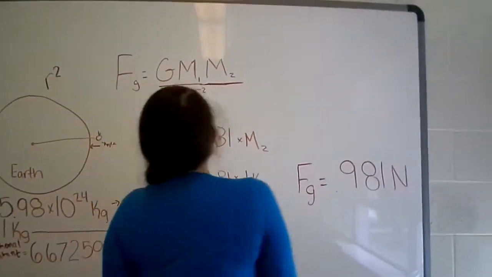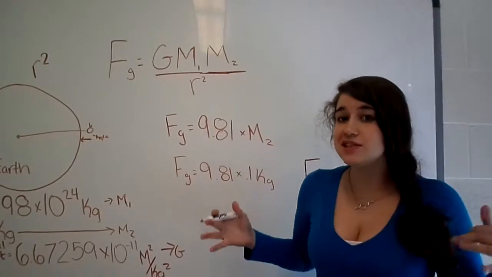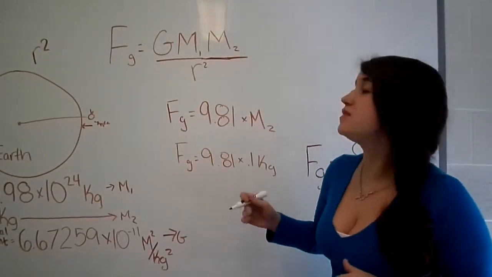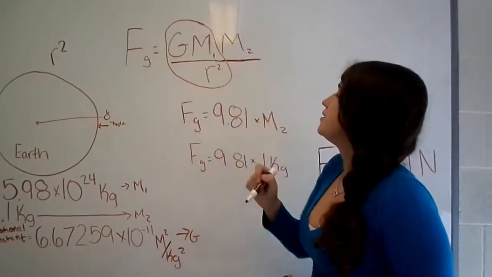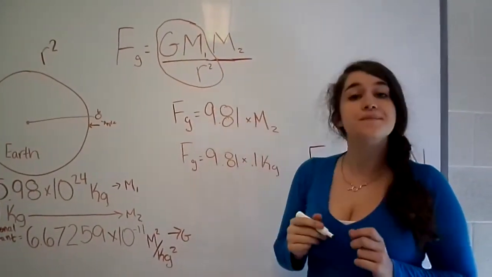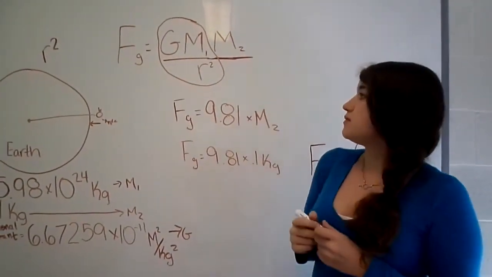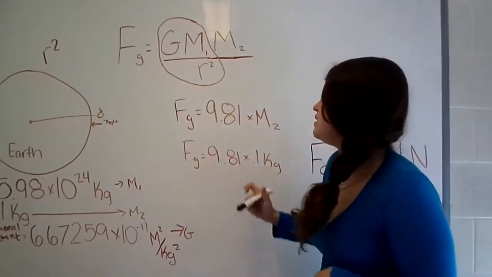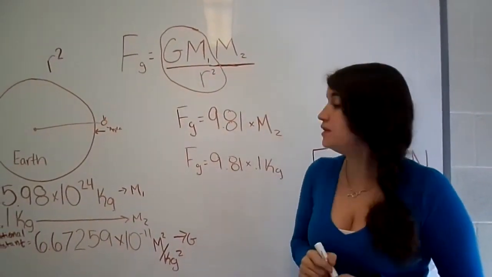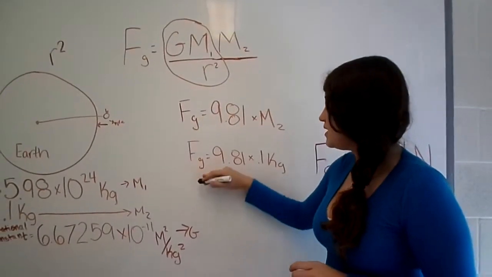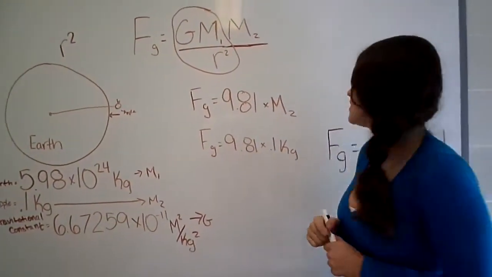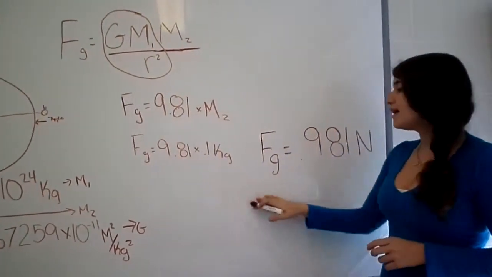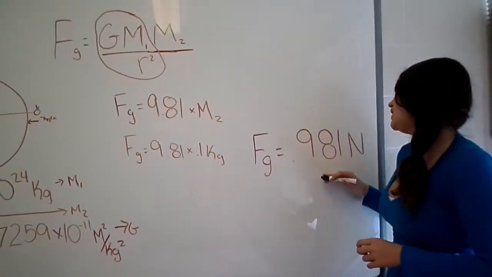The interesting part of this equation is that as long as this object is really close to the surface of the Earth, we can assume that these together are going to equal 9.81. And then all we would have to do from there to measure the force of gravity would be 9.81 times M2. So then from there, we can take our 9.81 times 1 kilogram, since that's our other mass. And then once that's multiplied out, the force of gravity is equal to 0.981 newtons.